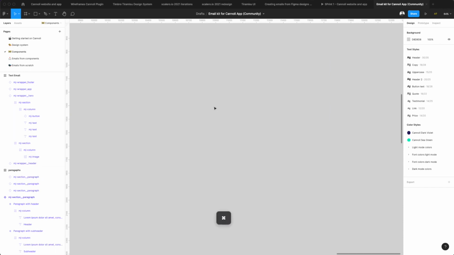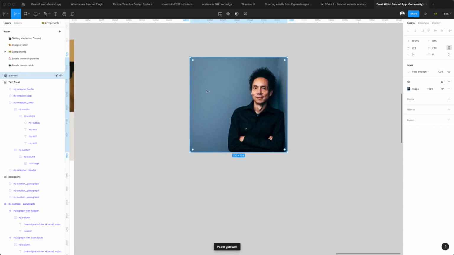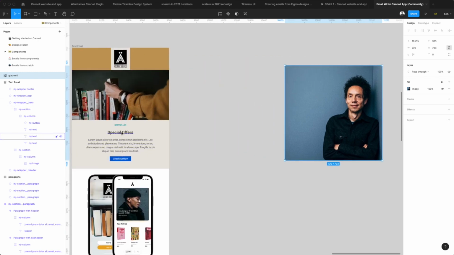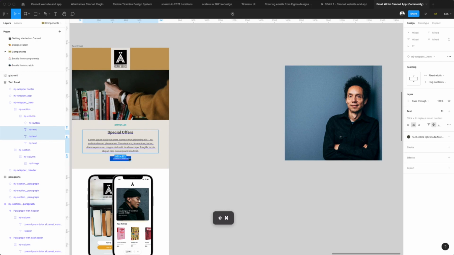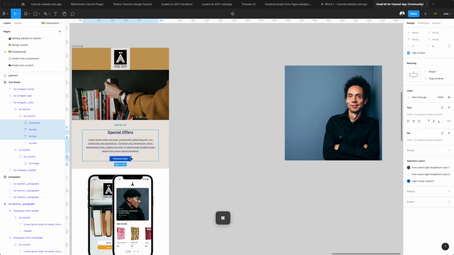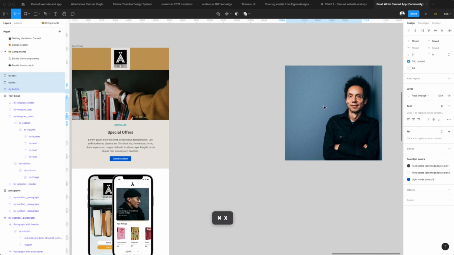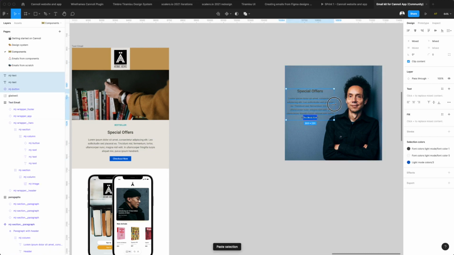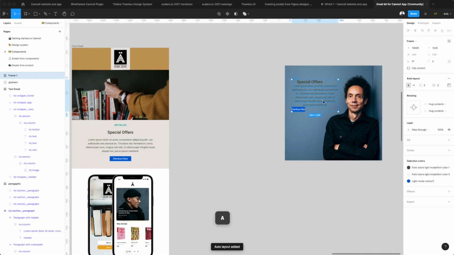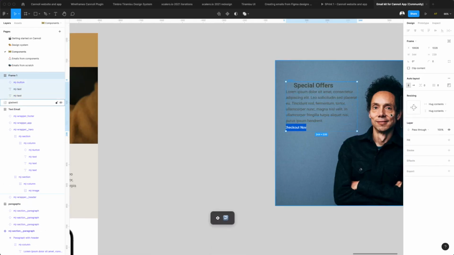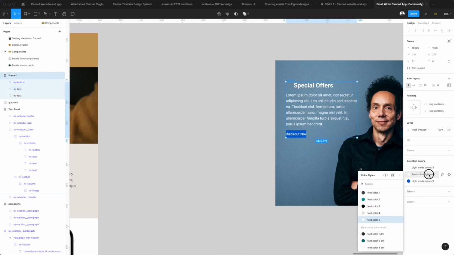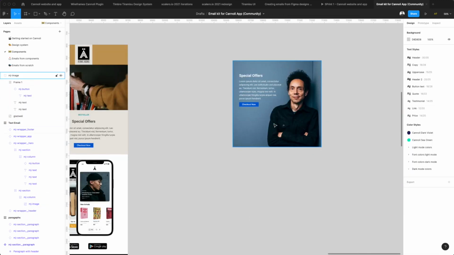Another thing to keep in mind is you can also combine components with non-components in slices to create any design you had in mind while creating production-ready code using Cannoli. Let's say, for example, I want to add an image, but in this space, add text and a CTA. We can't currently do that with MJML. So what we can do is group these assets, rename them MJ image, which will rasterize this whole group as